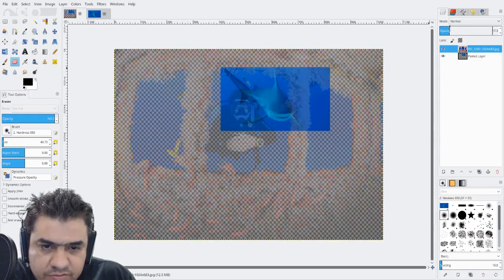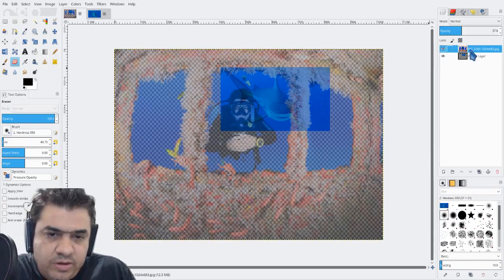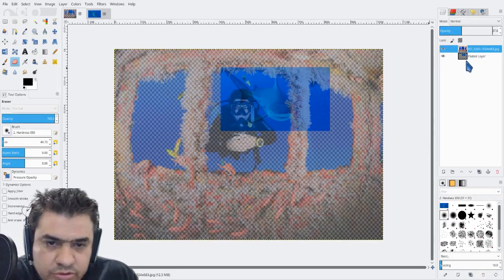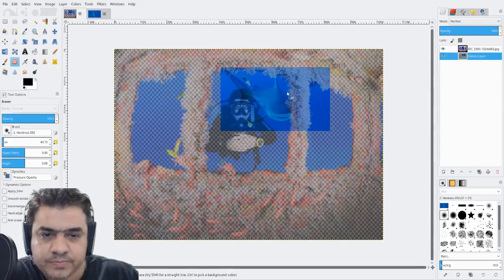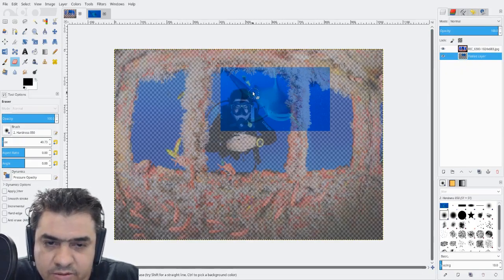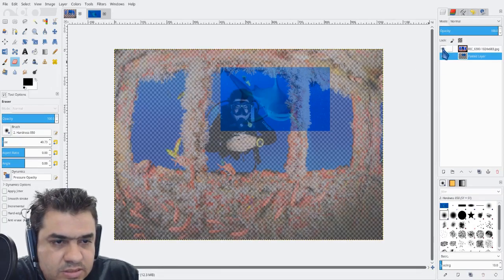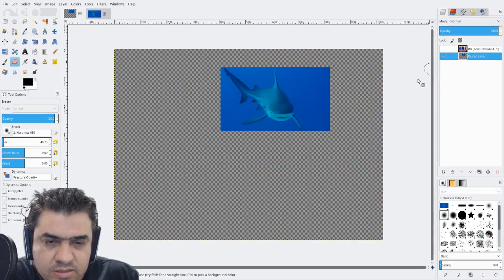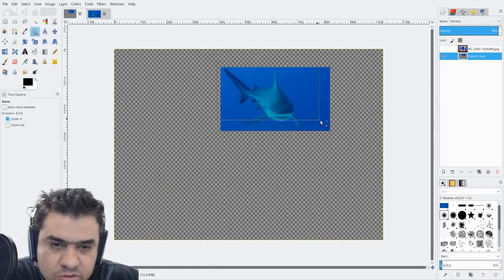We can change very much, and we need to select the layer we want to use. So let's select the shark layer, and here we are going to delete this blue outside the shark. So let's hide this layer, zoom here,